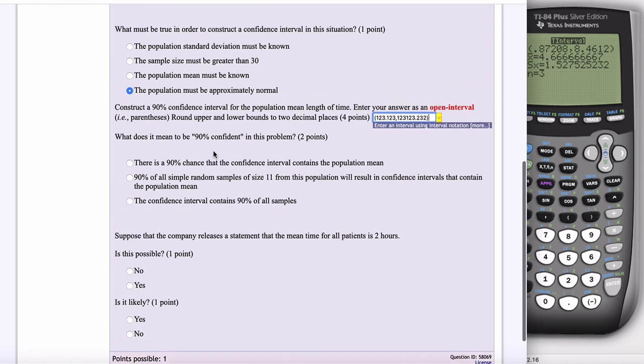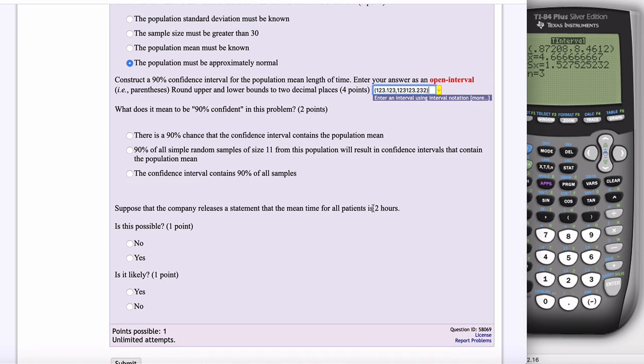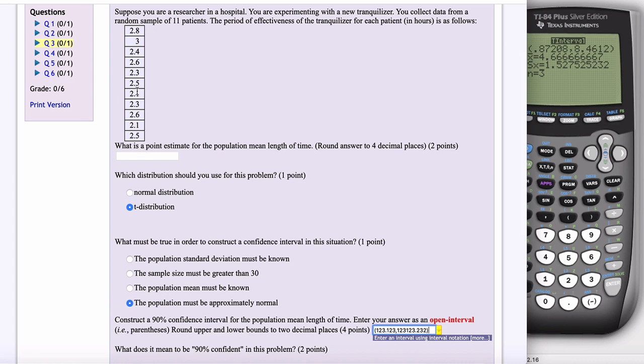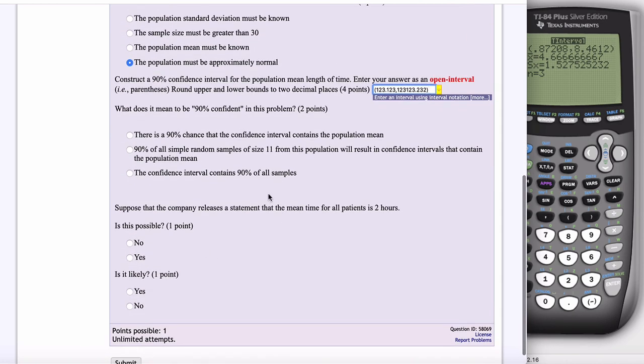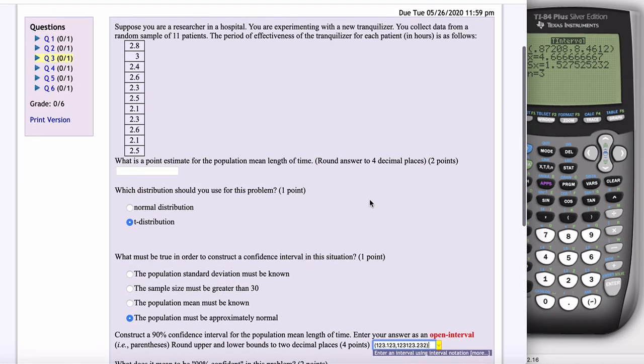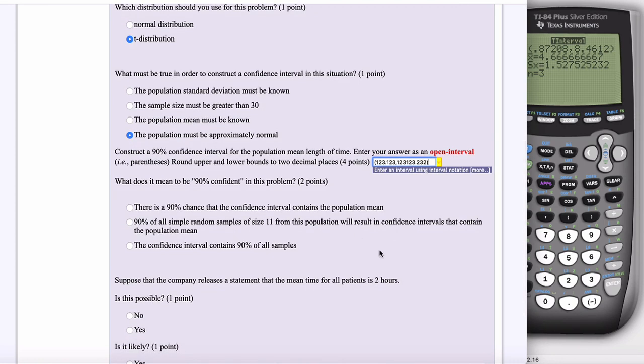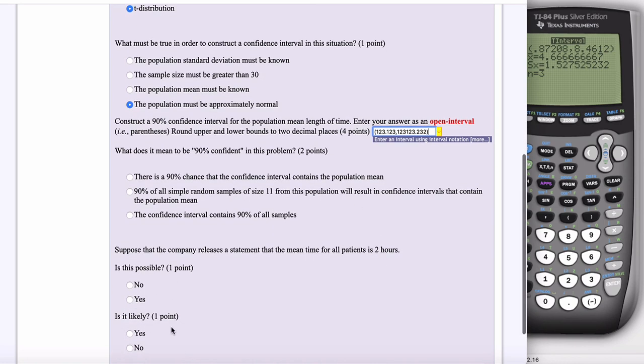What you're going to do here is make your confidence interval, and I think what you'll find is 2 hours is not within your confidence interval. So maybe your confidence interval goes from 2.1 up to 2.7 or something. I don't know what the actual numbers are, but suppose 2.1 to 2.7. Is it possible that the population mean is 2? Your confidence interval went from 2.1 to 2.7. Is it possible the population mean is 2? Well, yeah, it's possible. It's just not very likely,